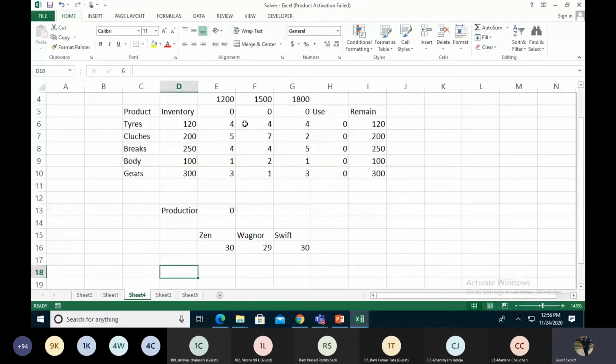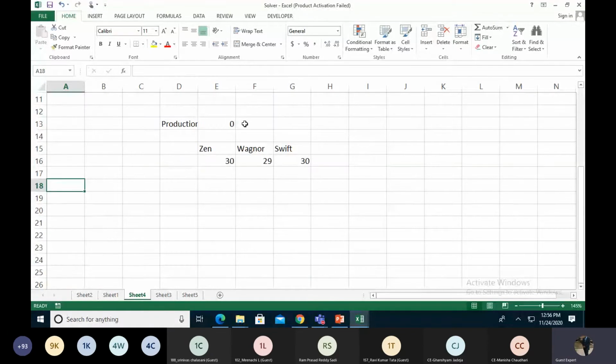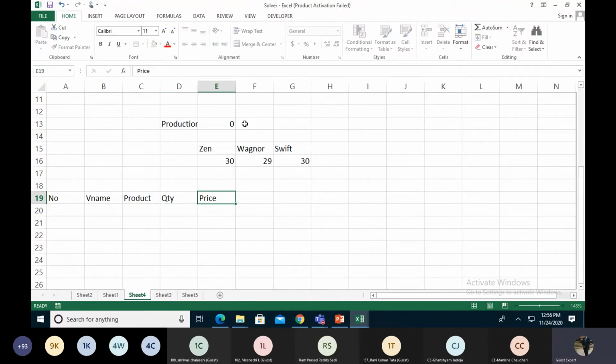Okay, so right now we are also creating one of the projects where we add the vendors and we add the customers. Number, vendor name, product, quantity, price, and total.